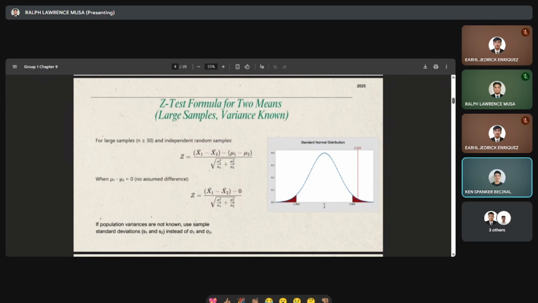This Z-value helps us determine how far the samples are apart relative to the variability of the data. Then, we compare the computed Z-value with a critical Z-value from the Z-table to decide whether to reject or accept the null hypothesis. Next,